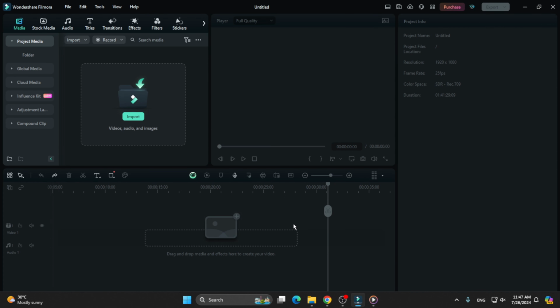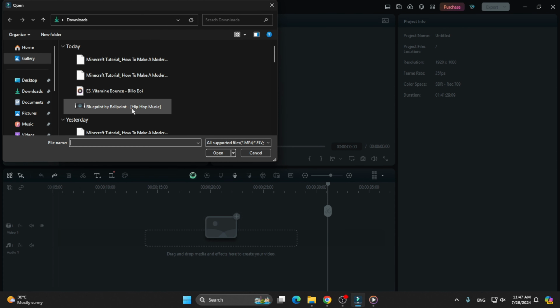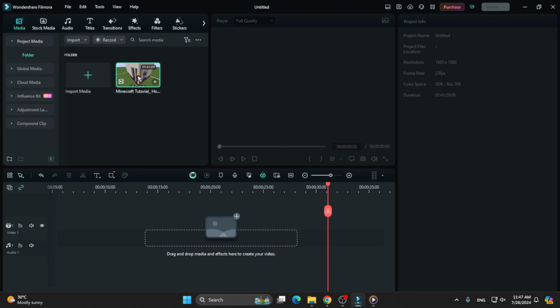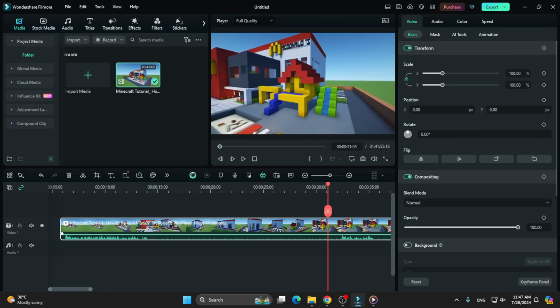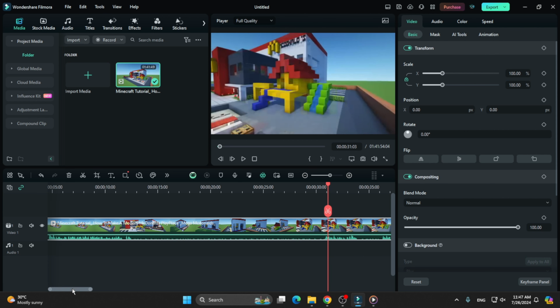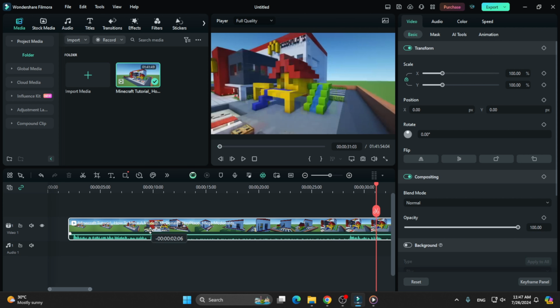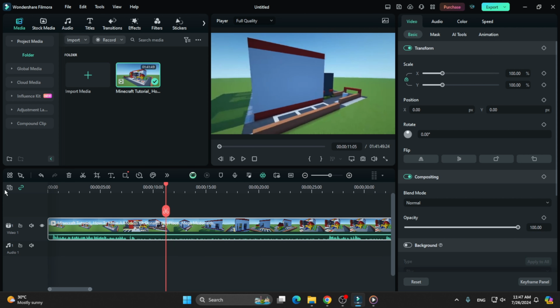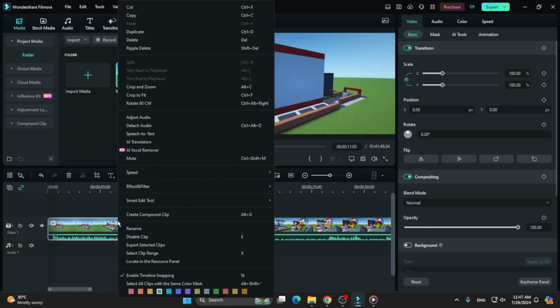Alright, so first off, I'll begin my tutorial by importing a clip. So this is a random Minecraft tutorial clip that I've just randomly searched on YouTube, and then we're just gonna drag it to our timeline. Alright, there we go. Right, so right here, and then what I'm gonna do is I'm gonna split the clip